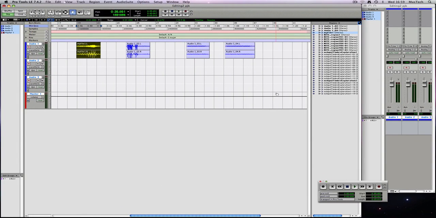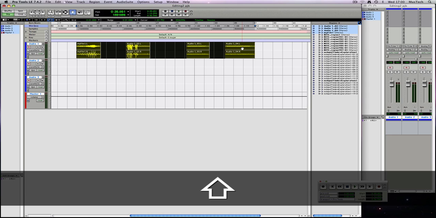I probably spent longer on this than I might have done, but I still think that's useful stuff to know for when you're making all sorts of regions. And then once you've made all of those, you might have re-imported them into ProTools. Incidentally, of course, you might re-import them into ProTools to use them in your session, the session that you're currently in, or in a new session, or what you might decide to do once you've consolidated all of these regions into